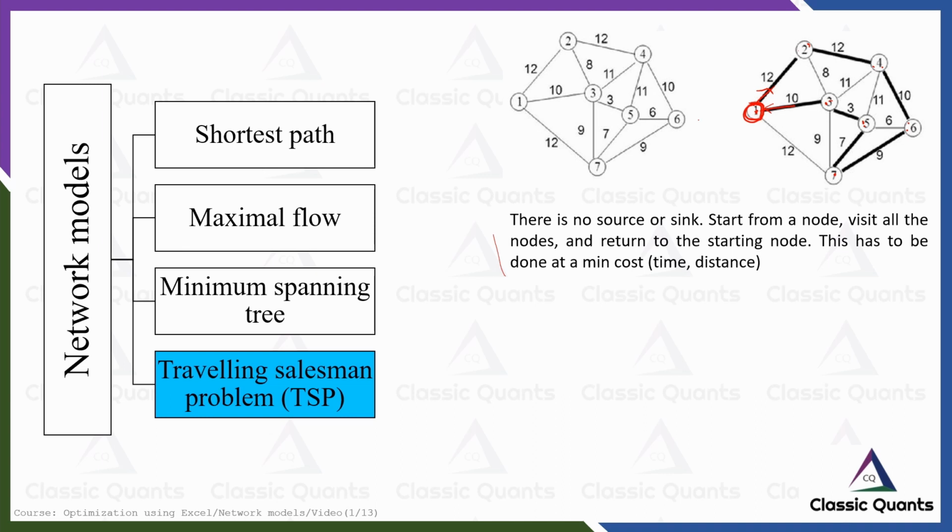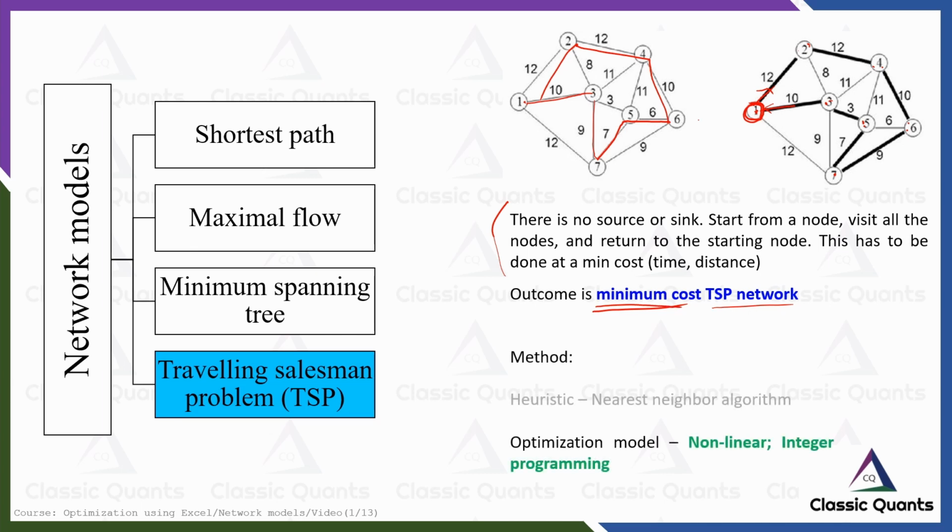So that is what is written here, you can read. And the outcome is a minimum cost TSP network. So you can see here, you can join these things any way. Suppose 1, 3, 7, 5, 6, 4, 2, 1. In this way also you can join. But the objective is to find the minimum cost TSP network.